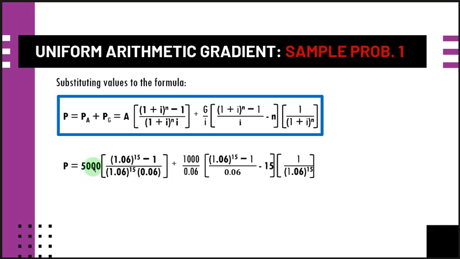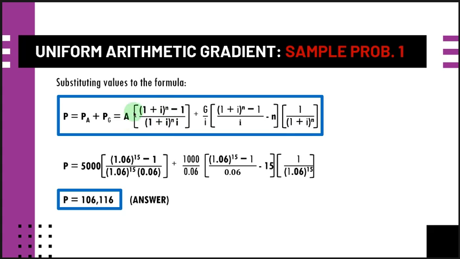So actually we can directly substitute all those given parameters here: 5,000 for our A, our I is 6%, so that's 1.06 raised to the 15, since our n is 15, and we have 1.06 also to the 15 times I. It is merely a substitution of all those values into this formula, from which we can directly get the value of our P, which is simply equal to 106,116 pesos. So this will be our answer for this given problem.